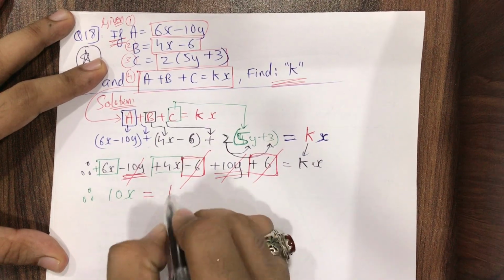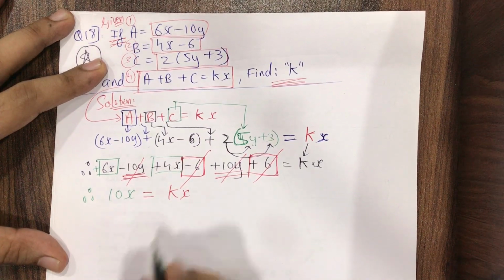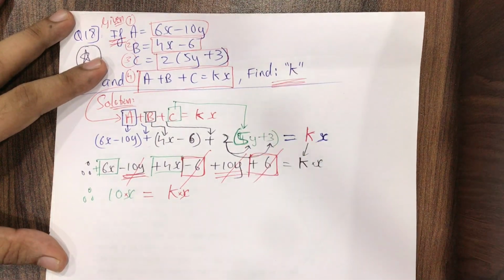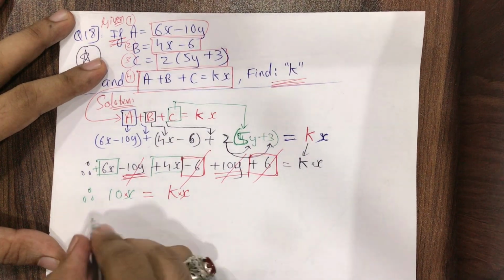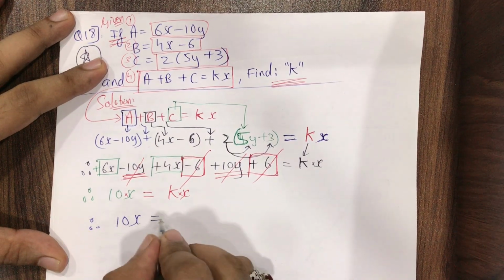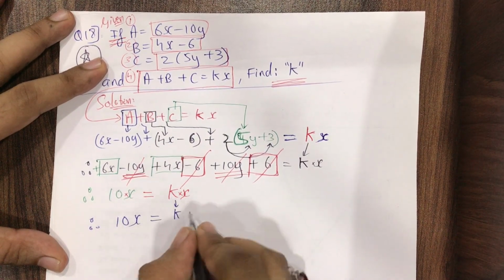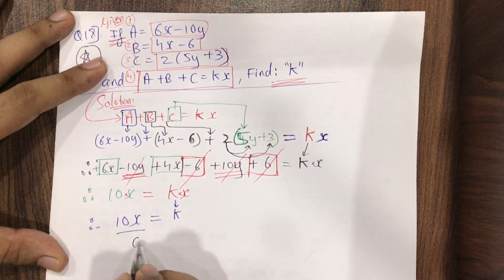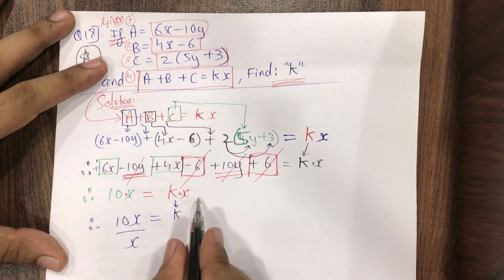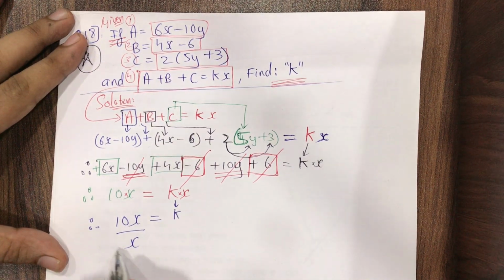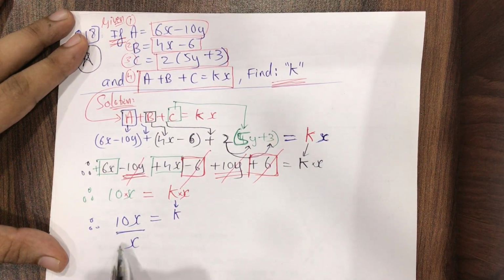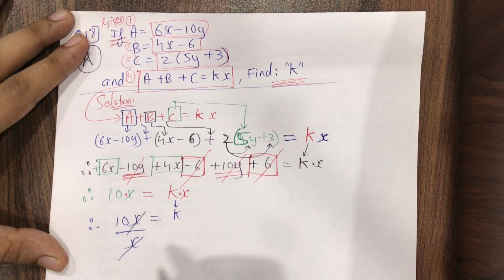So is equal to kx will be copied as it is. Nothing is there, meaning it's multiplied: 10 multiplied by x, k multiplied by x. I want to find the value of k, students. Pay attention over here. So 10x I'll write as it is, equal to k times x. The x which is multiplied with k on the right hand side goes down in the division. It will not go on the left hand side and become minus, because it was multiplied with k. So when it goes to the left hand side as division, x can be cancelled. Therefore the value of k is 10.